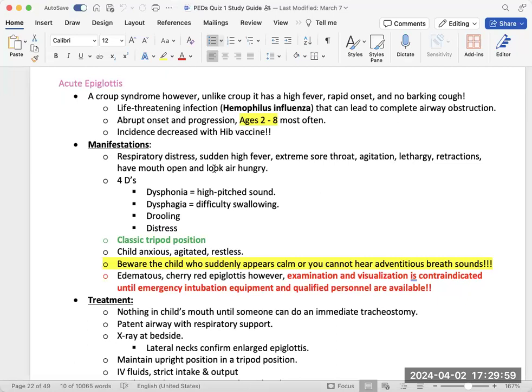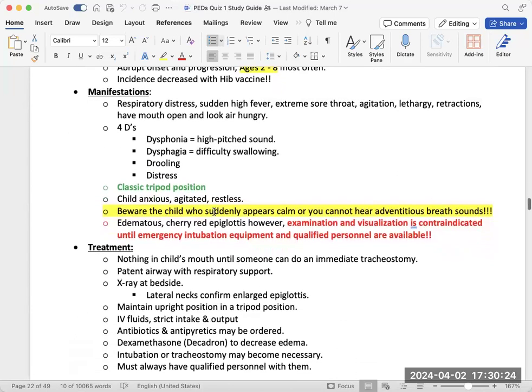I think I have to double check what that is. I don't remember abbreviations. Oh yeah, so it's the Haemophilus influenza type B vaccination. Sorry, wouldn't have known that off the top of my head. But if they're given that vaccine at a young age, that could help reduce getting acute epiglottitis. But like I said, this can lead to severe or very extreme or complete